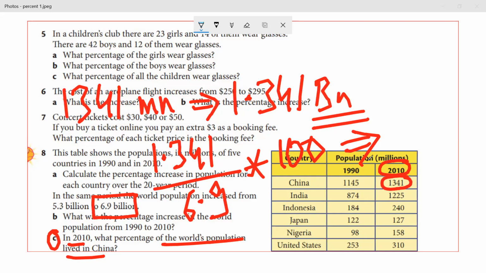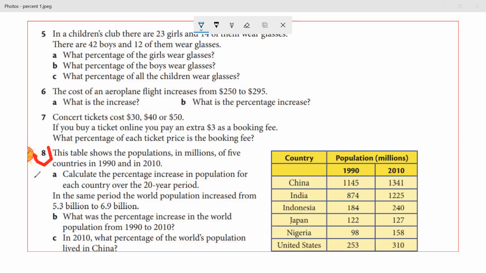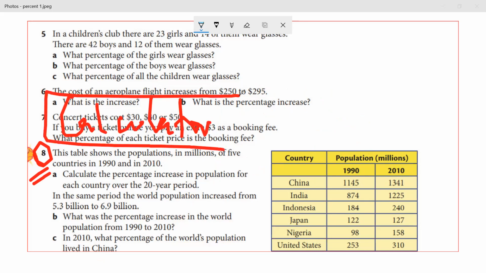Yes, sir. Sarthak, as homework, you can do this question number 8 again and you can use a calculator when you are doing the calculation. Have you understood? Yes, sir. I will upload this video today. You can look at this video if you face any doubt. But just send me the answers before the next lecture. Is it okay? Yes, sir. Okay.